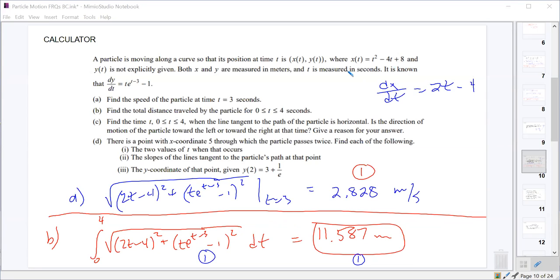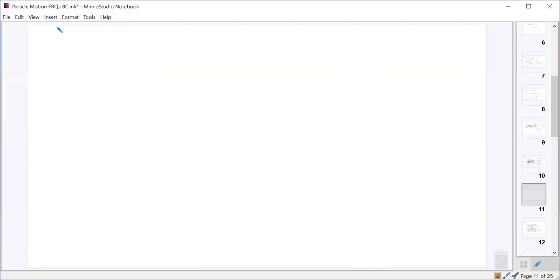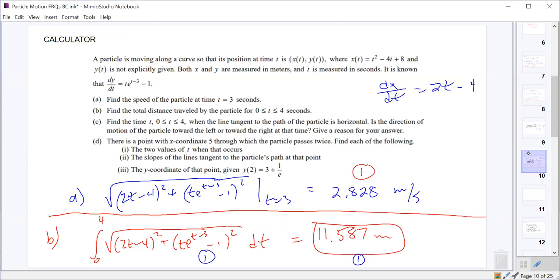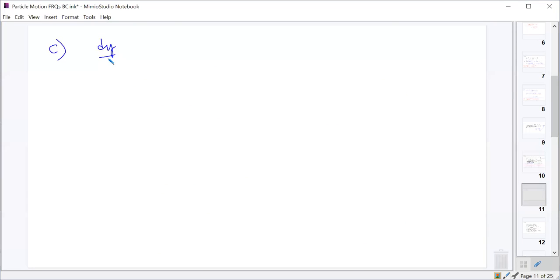Everyone good with part B? Part C is where things were slightly different from the ones we've done before. First off, we're talking about a time between t equals 0 and t equals 4 where the tangent to the path is horizontal. So that means that dy/dx has to equal 0. Right? So we're looking for when dy/dx equals 0,